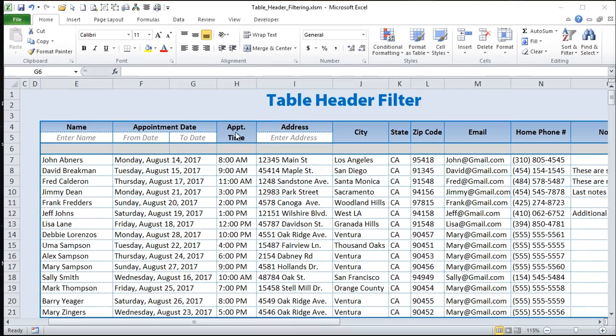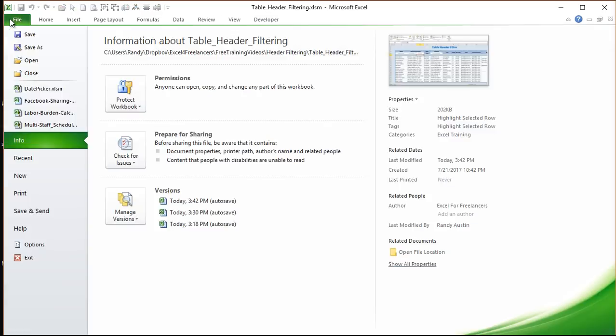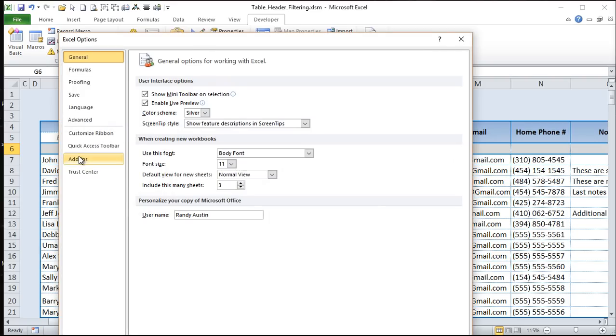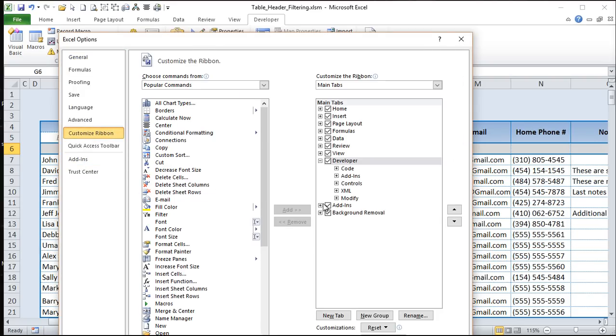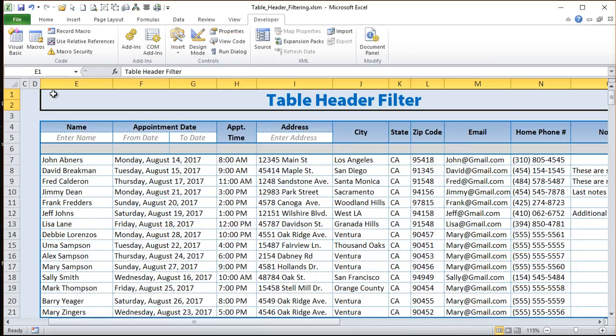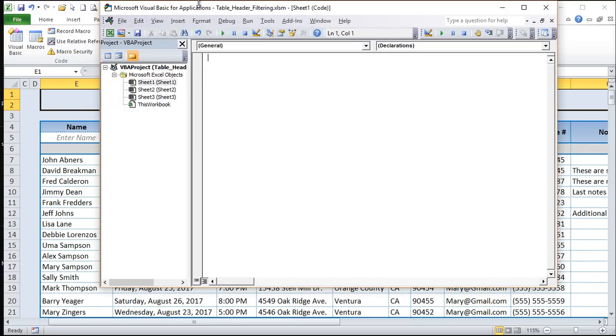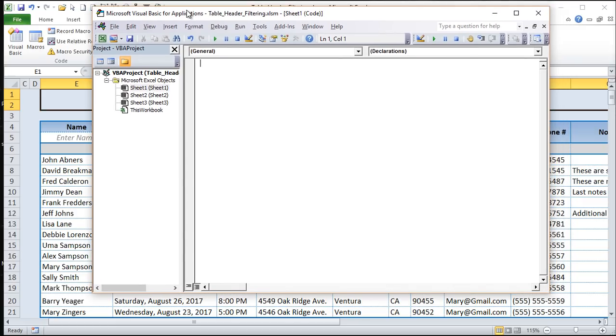Alrighty, from the Developer tab, we'll want to go into Visual Basic. If you do not have the Developer tab visible, simply go into the File and go into Options, and you'll go into the customize ribbon, and then you'll see add-ins here, and you'll want to see developer here. You want to make sure that you go ahead and select that so that you can see it. You can also press Alt F11 to make the Visual Basic window open